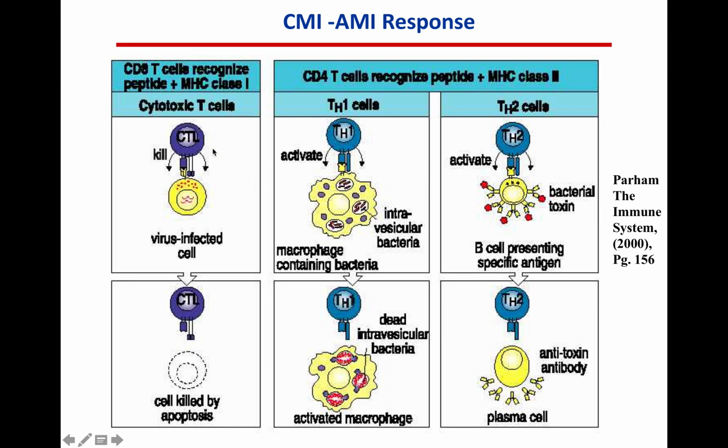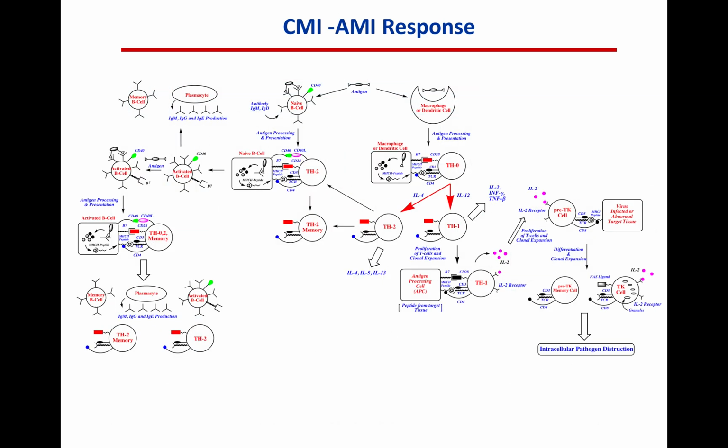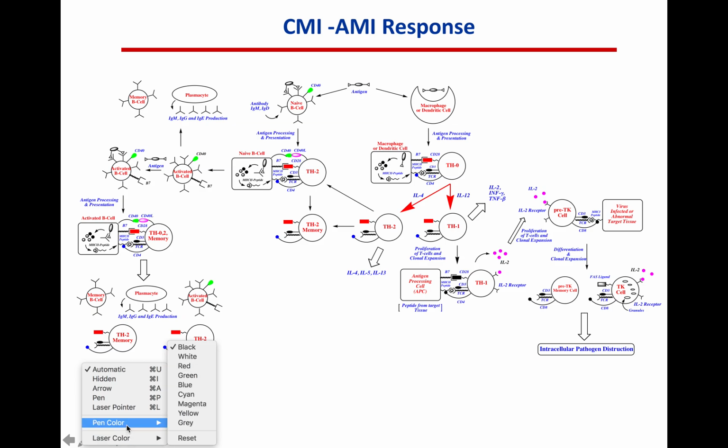And then CD8 positive cells are your cytotoxic T cells, which lead to destruction of virus-infected or cancer cells themselves. And so in all this response, these are the key varieties of T cells. Now it turns out that there are several different types of T cells, and we'll come back to that in a second, because there's one important other T cell I want to introduce to you. But if we look at the whole framework here of the AMI and CMI response,